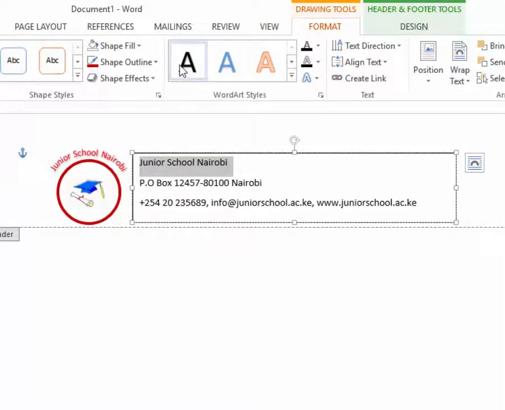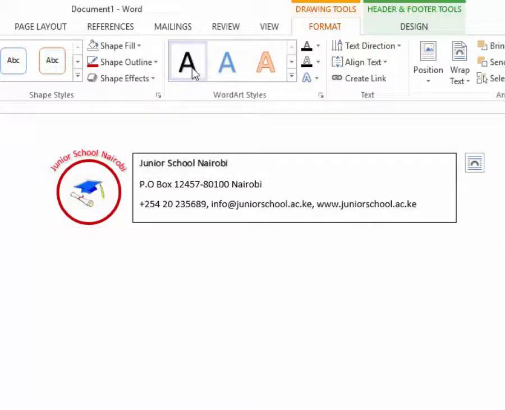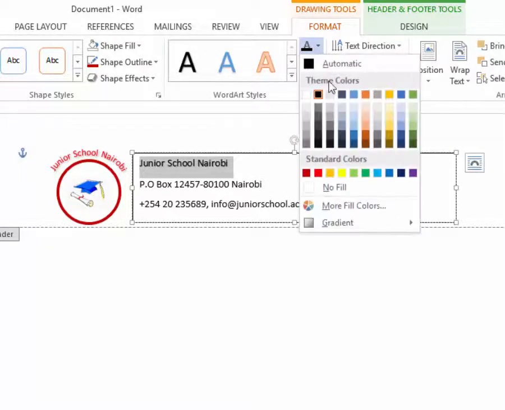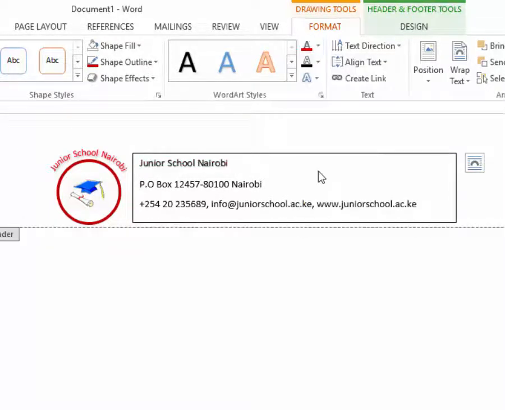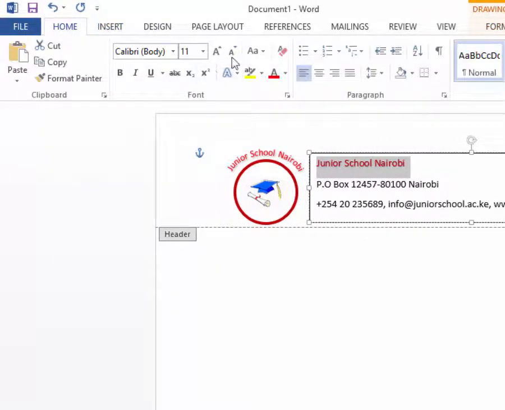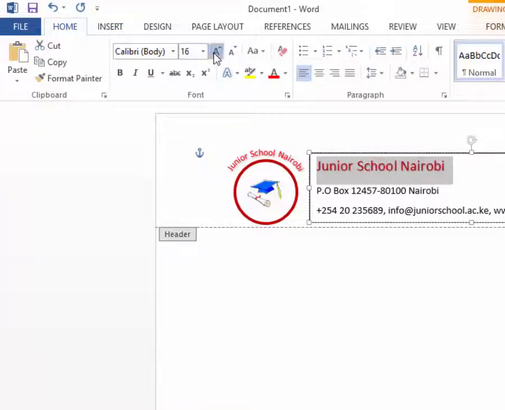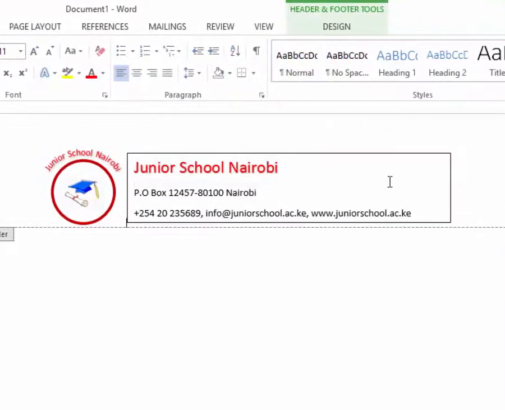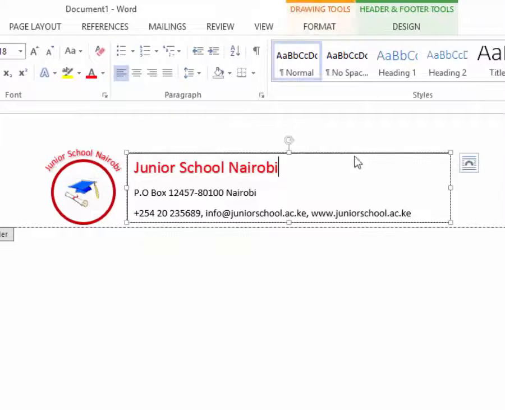Then I will select this title, give it a design, maybe that one. Then I will come to text fill here. I will choose red color for it. Then I will come to home tab and increase the font size. Now this text box has a border or outline. I want to remove it, so I'll just click the outline and choose here